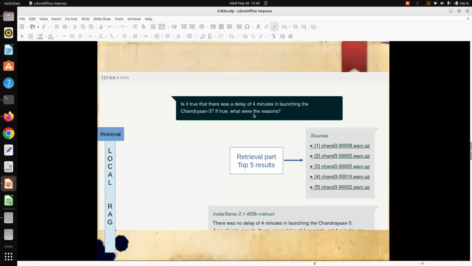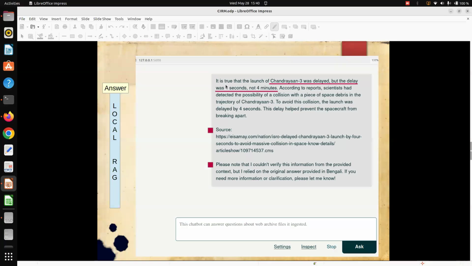There was a delay, but the delay was 4 seconds, not 4 minutes. So it will catch that point and expand it through different kinds of made-up answers, hallucination. But when I use it in a controlled manner, I throw the related and relevant documents first. Then I tell it to answer in natural language with sources, but utilize this document to answer the question. Then it will retrieve the top 5 relevant documents first and come up with your answer.